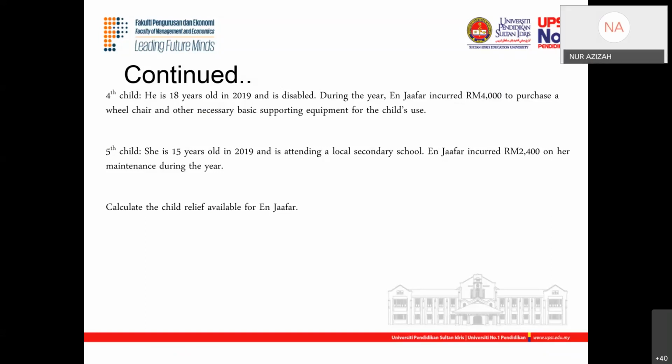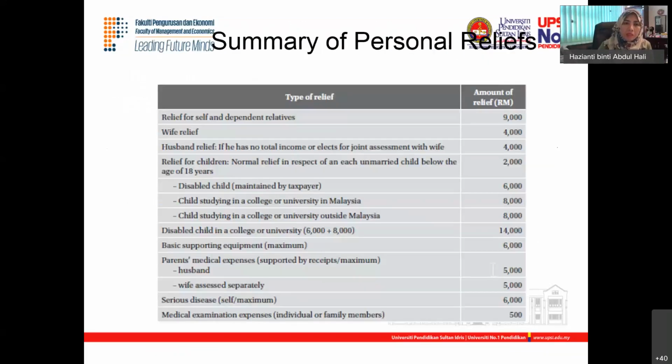Beda kalau dia ada untuk dua isteri. Ni kita cerita anak belum wife. Oh, okay. Wife 4,000 je. Wife dia 4,000. Bukan 4,000 per wife. 4,000 Prof. untuk wife. Prof, kalau kira wife tu disable, campur lagi 3,500 macam tu? Right. Itu kalau combine assessment. Kalau wife tu assess atas diri sendiri taklah 6,000 lah. Dia akan kita consider personal relief yang macam ni tadi lah yang dalam table ni. Ni 4,000 ni kan. So kalau disable tak ada pula dekat dalam ni.